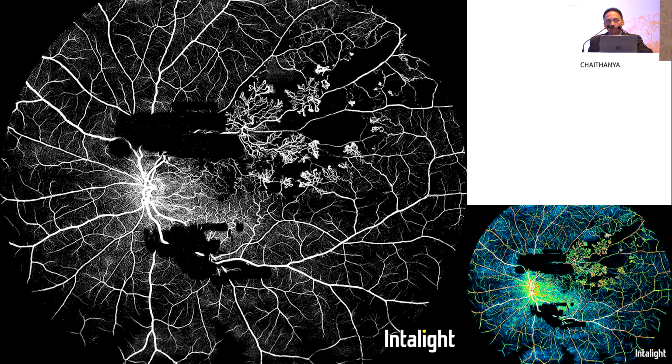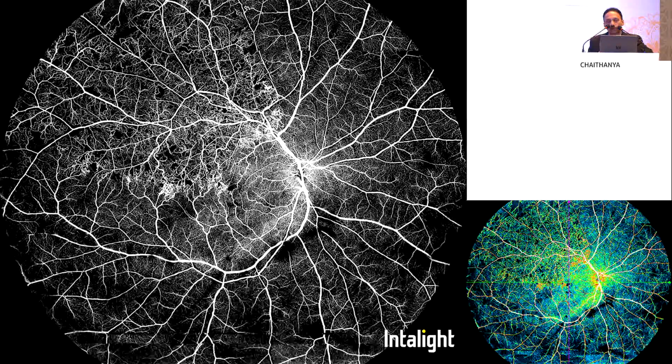And now with the advent of OCTA, this is the Intralight system that we use now, which gives us wide-angled OCT images, like 29 by 24 images. You can pick up all the perfusion gaps, you can pick up these abnormal vessels, and this is a patient where you see a lot of collaterals in the sectoral region of the branch